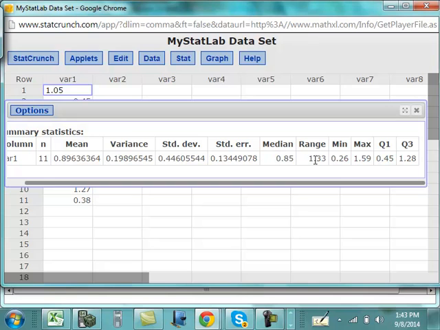Median, 0.85. Range. Remember, the range is the distance between the max and the min, right? If you were to take this maximum minus the minimum, you have the range. And if you take half the range, you'd have the mid-range that they're asking for in the problem. And you have Q1 and Q3. So if you start off at the minimum, and then Q1, median, Q3, and maximum, you've got your 5-number summary,